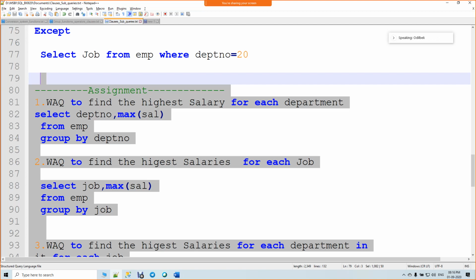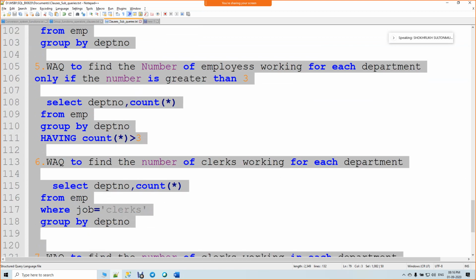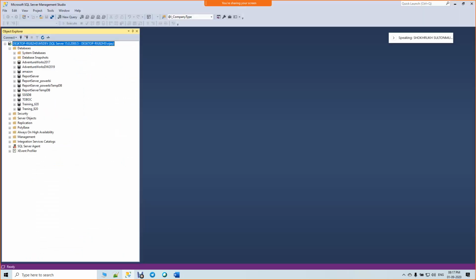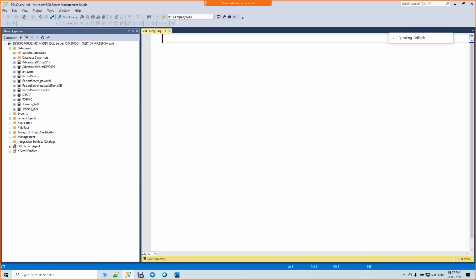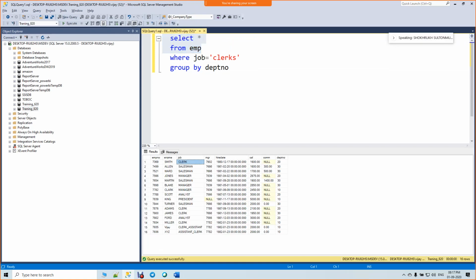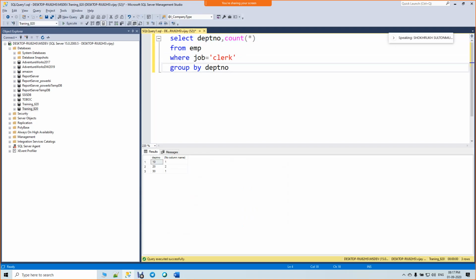Can you execute the 6th question? Department. Okay. No data. Yeah, in mine, the same. Sorry, sir, it is clerk actually, not clerks. It's job equal to clerk.